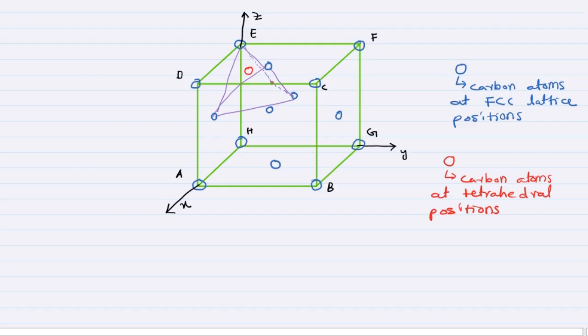I will put link in the description, you can check it. So we will put now this carbon atom in this void or tetrahedral site. We have similar tetrahedral sites near each corner, as we have 8 corners, so we have 8 tetrahedral sites in FCC unit cell. But not all of them are filled with the carbon atoms. Only 4 out of these 8 tetrahedral sites are filled with the carbon atoms. They are just alternate to each other. If A is filled, so we just leave B and then C will be filled, and just leave D and then E will be filled, and then leave F and then G will be filled, and then leave H empty. So we have only 4 tetrahedral sites filled out of 8.